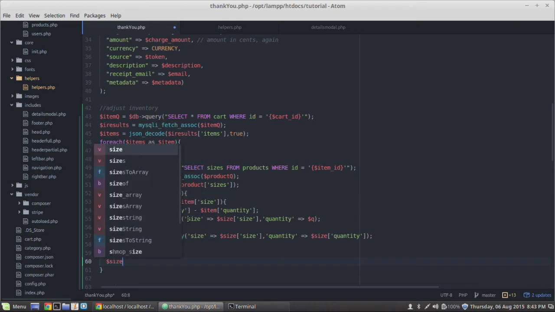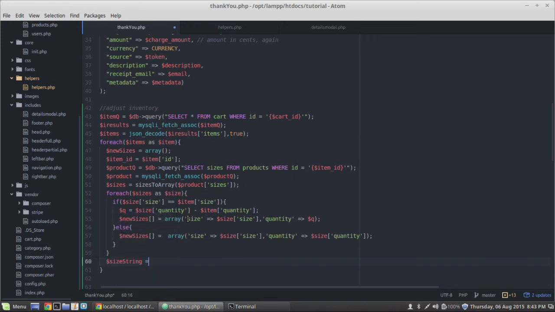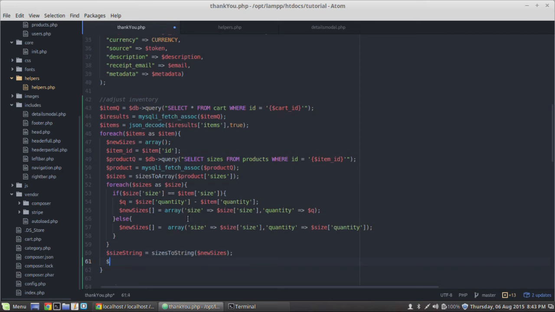So we're just going to say size string equals, and then it was sizes to string, and we need to pass it our new sizes array. So that's going to return a string. So then we can just run our query, so db query,